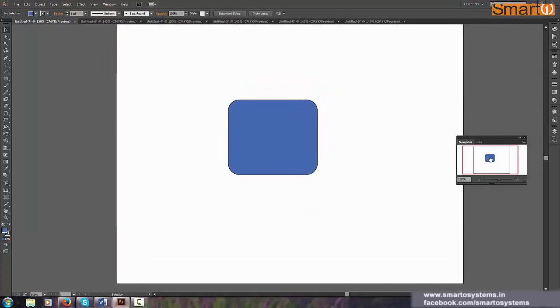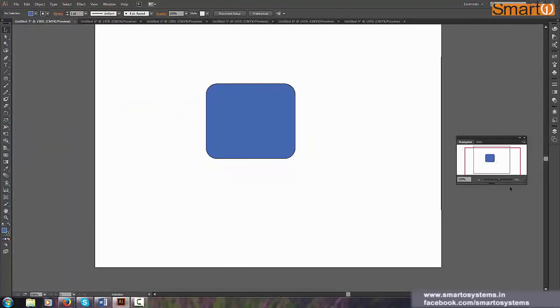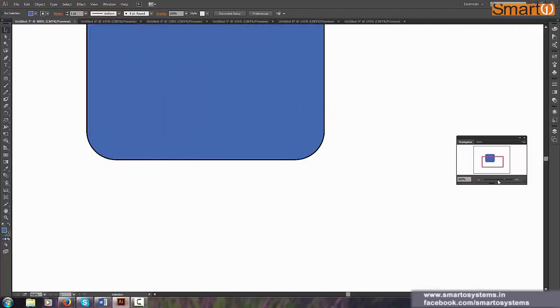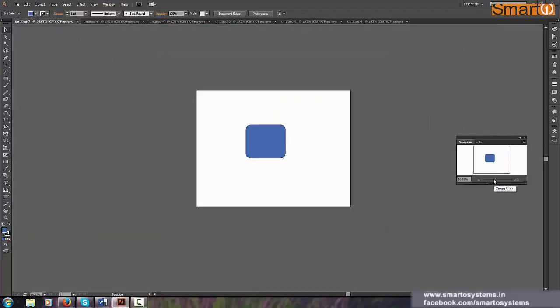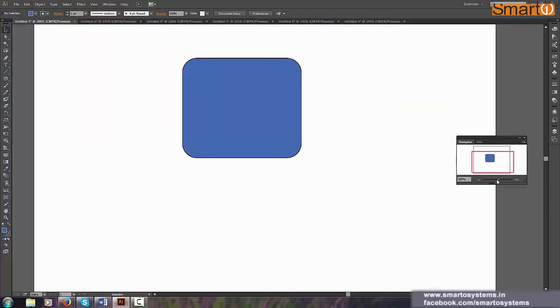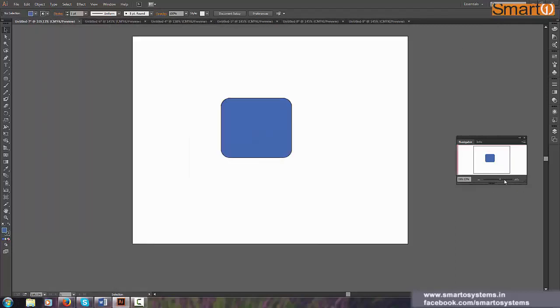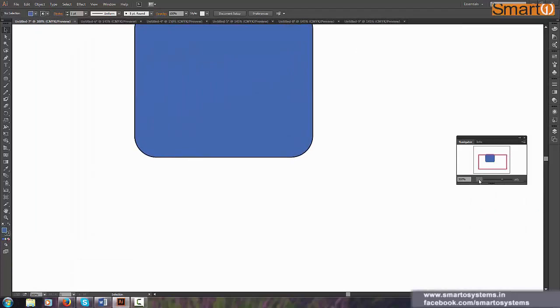At the bottom you see a big mountain and a small mountain. This is for zoom in and zoom out. Either you can just scroll through this and it will do the same thing. I think there is a bug here that it is not reflecting the changes immediately, but it's taking some time. Okay, so either you can use the scroll bar or click on the buttons.